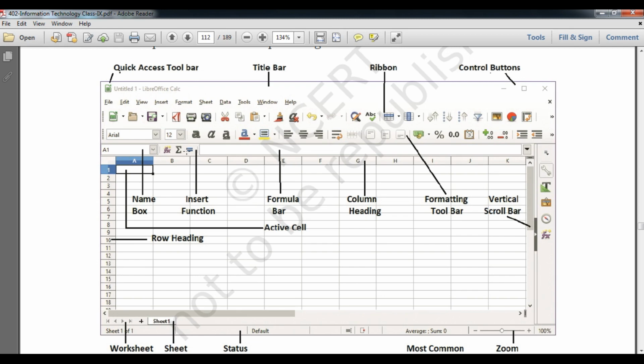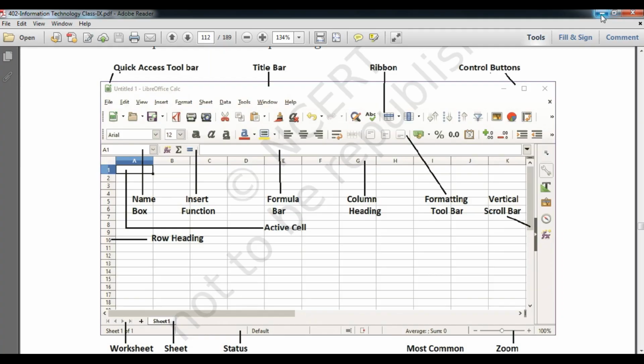Okay, equal, that is especially for the formula bar. When a formula is going to start, you have to keep this information in mind. You have to press the equal button, then the formula will start, otherwise it will not be considered a formula, it will be considered as text only.